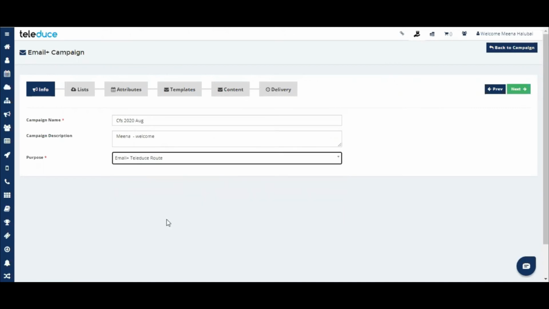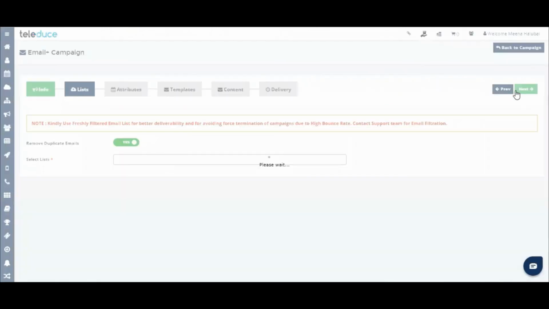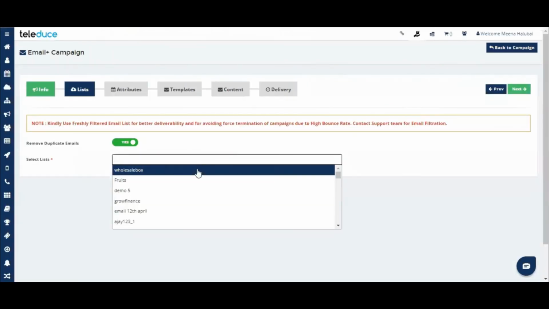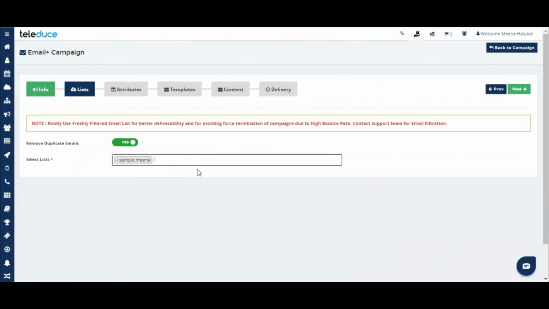This is the route that you will be given to send out the bulk emails, and we'll be clicking on next. Here you will be selecting one or multiple files. So this is the sample file that I have uploaded, and that's the only file I'm going to send the emails for.